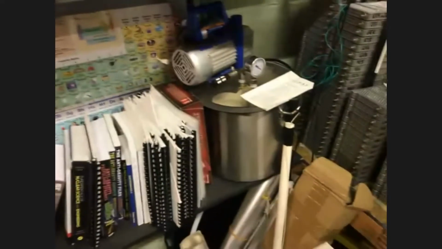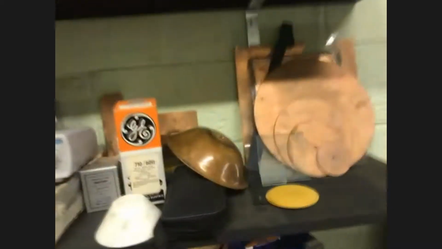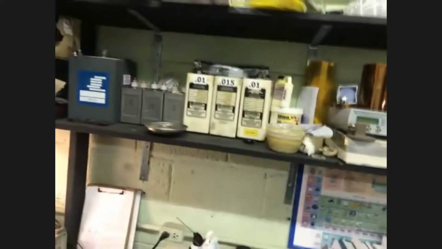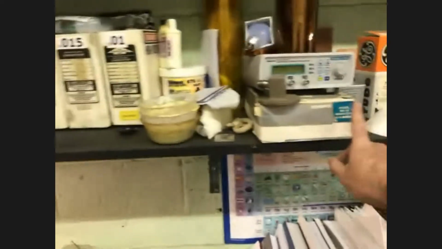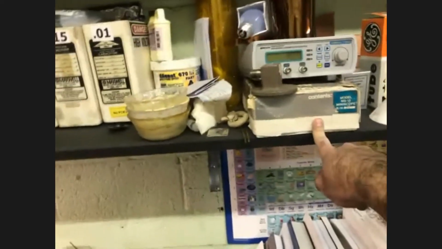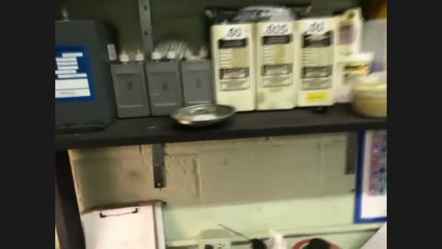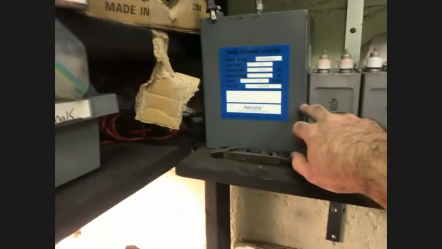Here's our vacuum chamber, and I'll just zoom out. We got a lot of stuff over here. There's materials for making parallel plate capacitors, different size copper, and we also have silver, and we have a smelting furnace, so we can make all different kinds of materials. This is an oscilloscope that might come in useful if we want to isolate stuff, because this one works off a battery. That's a really old school one. We got these 45,000 volt high voltage capacitors for impulse experiments. There's a 35,000 volt one.